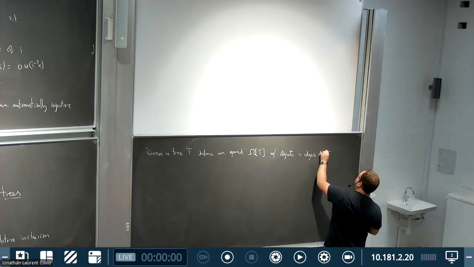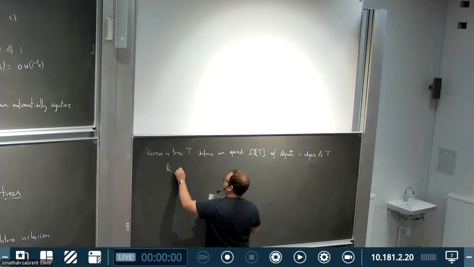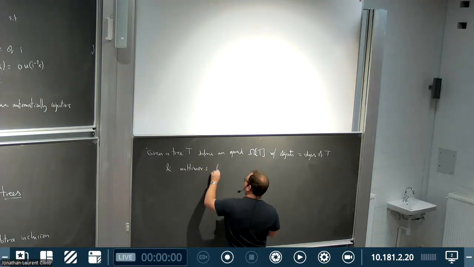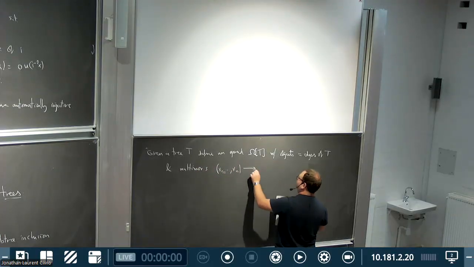And then multimorphisms from x1 to xn to y